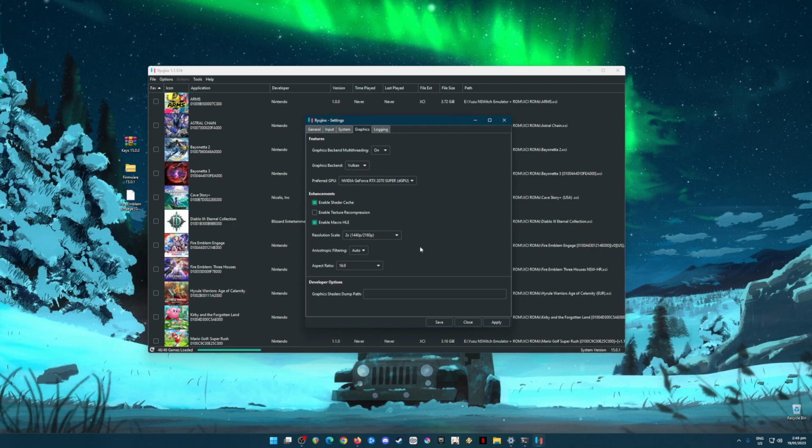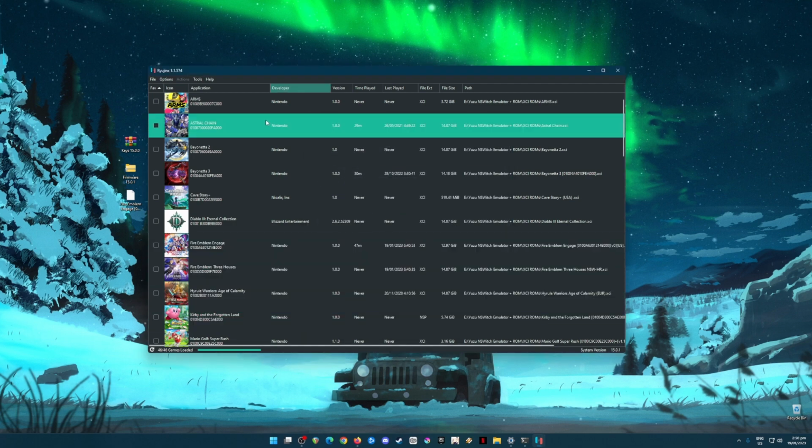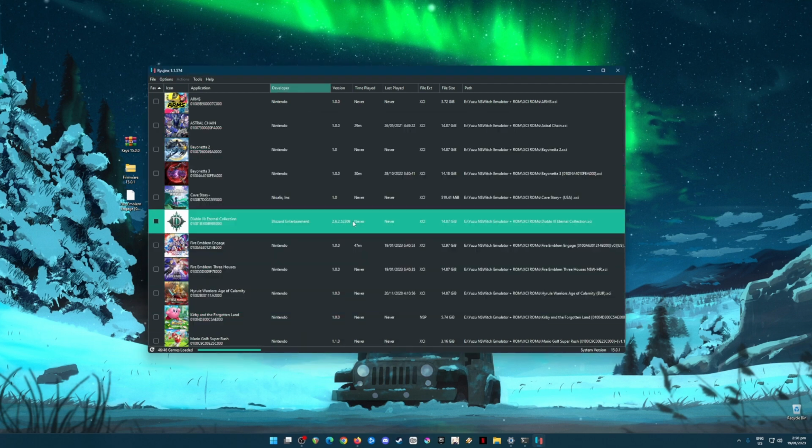Resolution scale should be at 2x resolution so that the game will look sharper, much smoother, and much better than the native resolution of the Nintendo Switch. So there is a graphical enhancement if you use 2x resolution. But if your PC cannot handle that, then just use native resolution. But for me, I'm going for 2x resolution. Anisotropic filtering should be auto, aspect ratio should be 16:9, and once done, hit apply and save. Now, your Ryujinx emulator is fully optimized to run Fire Emblem Engage and all of the Nintendo Switch games